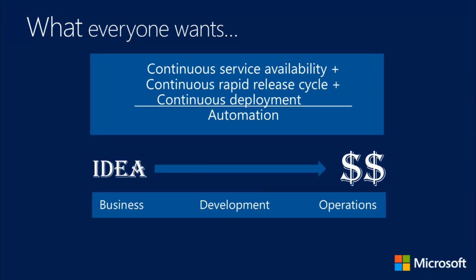So what he's talking about is this idea of continuous deployment up there, right? Continually deploying new changes. But what do you want? You want service availability at the same time. The only way to have your cake and eat it too here is with automation, but not just automation. It turns out there's good automation and there's better automation. And today we're here to talk a little more about better automation, because the goal is to drive from business idea into development, into operation just as smoothly as possible, like stuff flowing through ducts. Just as quickly, as simply, as fast, and as productively as possible.